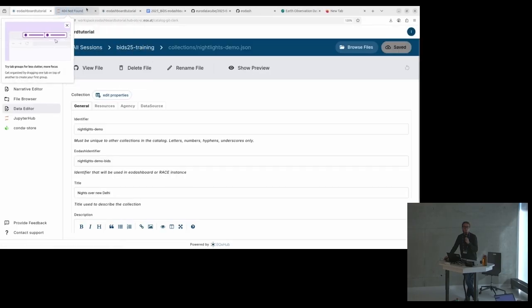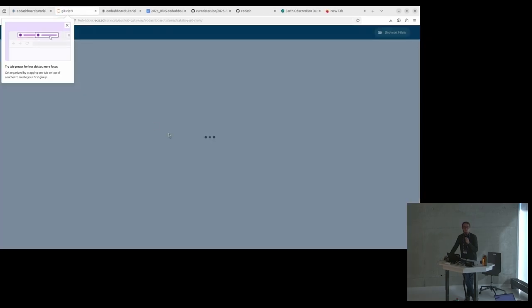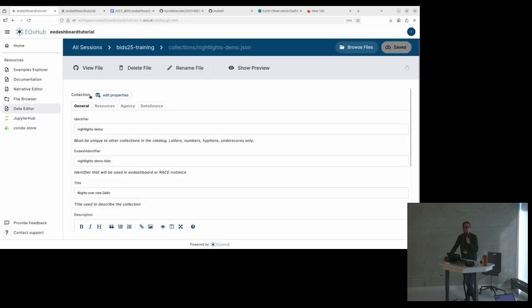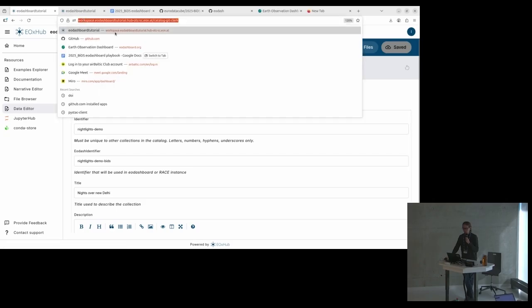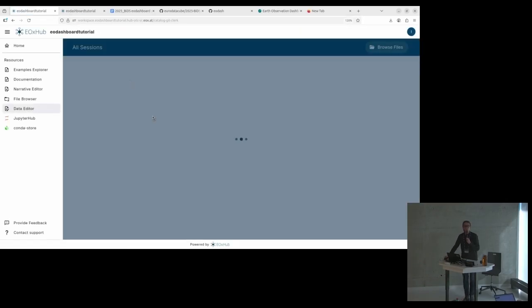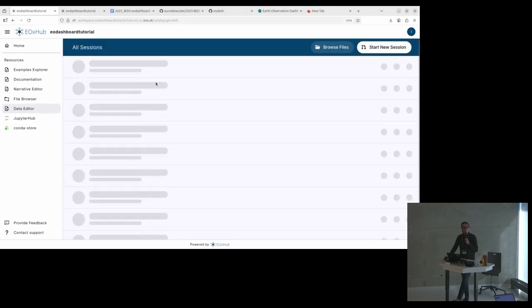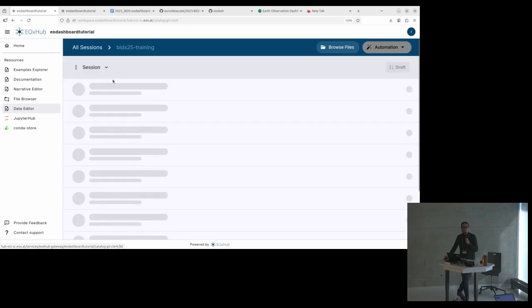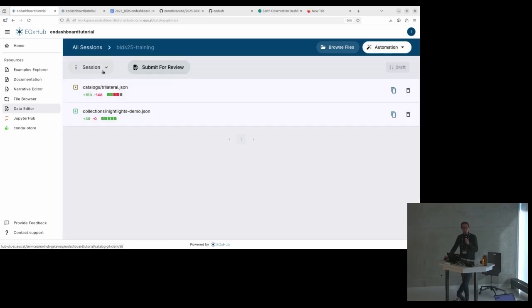I would see it in the session itself. Going back to the session itself, I wanted to get to this interface,